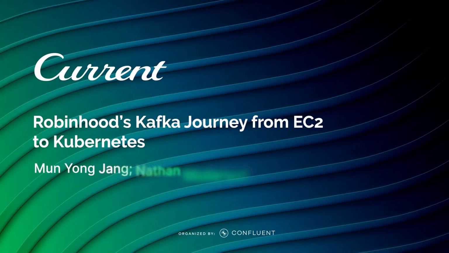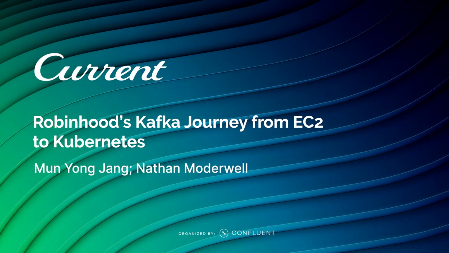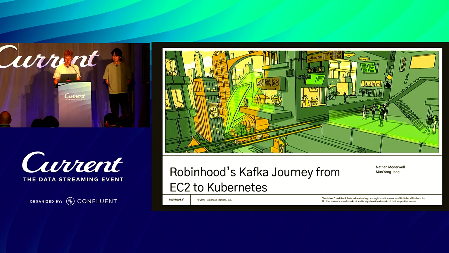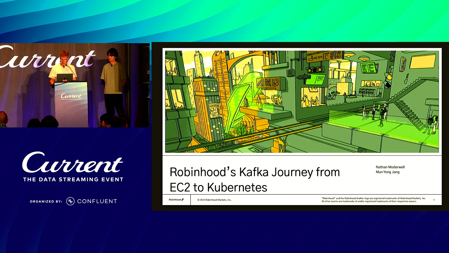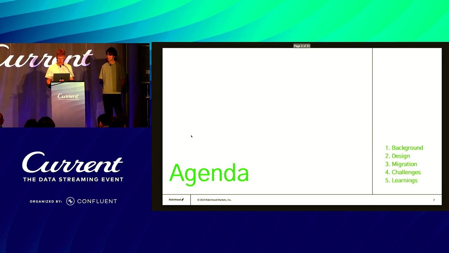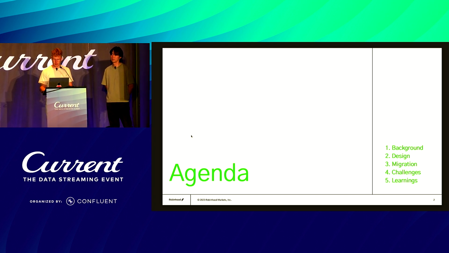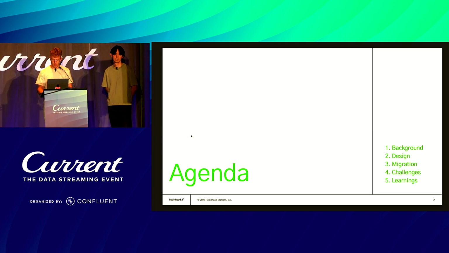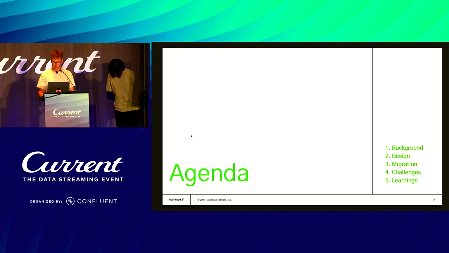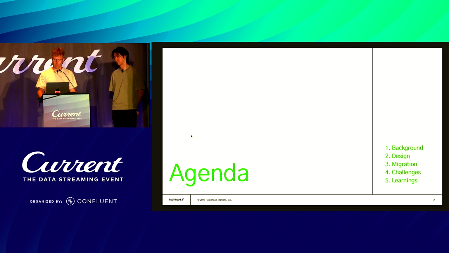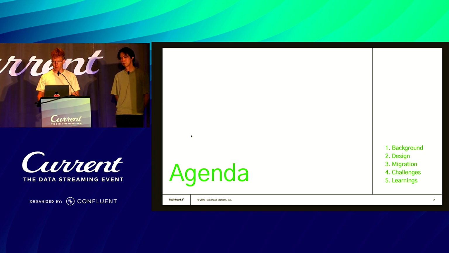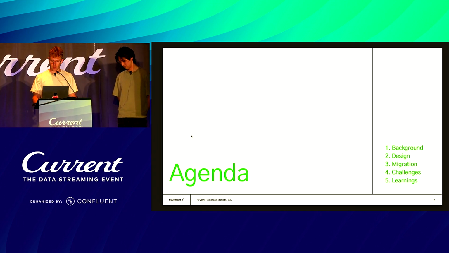The main theme here is we're going to talk about moving our Kafka deployments from EC2 onto Kubernetes and all the fun challenges that went along with that. So there's 5 main parts of this that we're going to talk through. So we'll go over just a little bit of the background of Kafka at Robinhood and the motivation. The second thing, we'll talk through the design, some of the decisions we made on how we solved